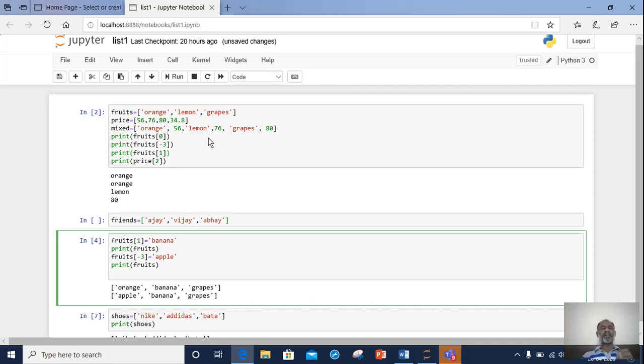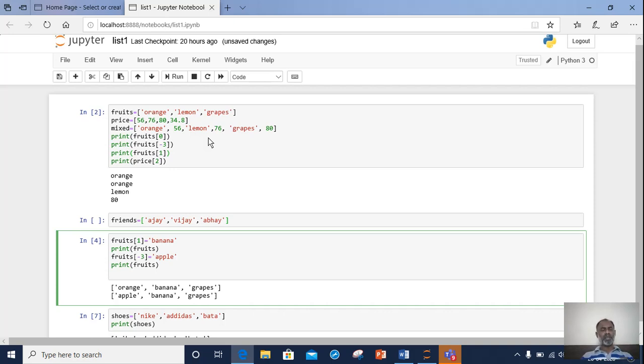Why mutable? Because we can make changes. We have seen how we make changes. The second thing that we have learned is to traverse. Traversing means to display the element present on a particular index number, or to display a particular element from the list.